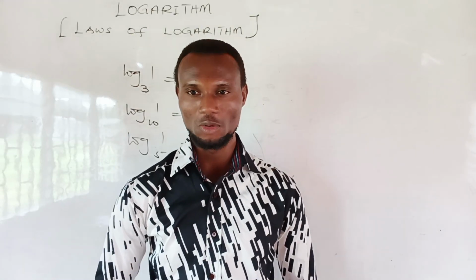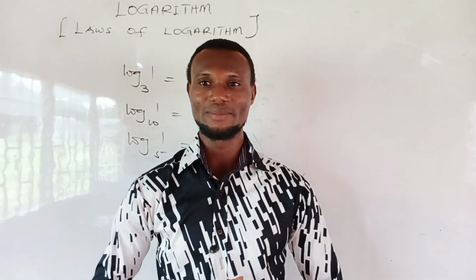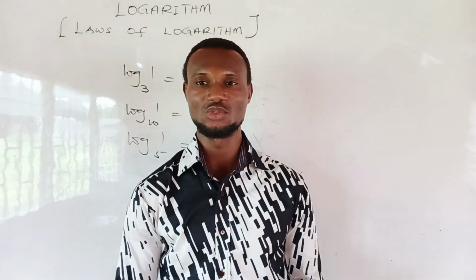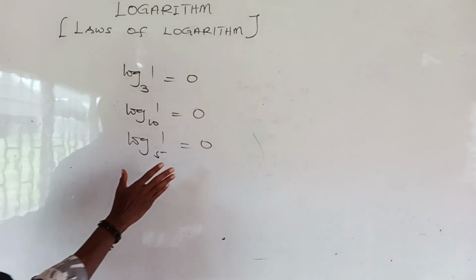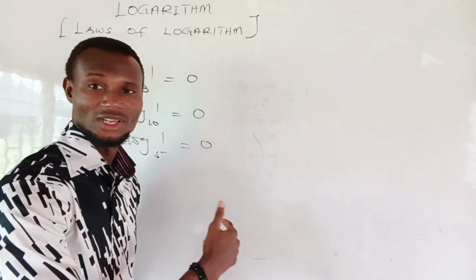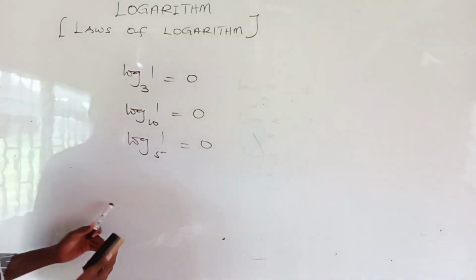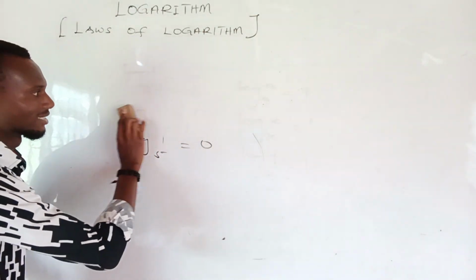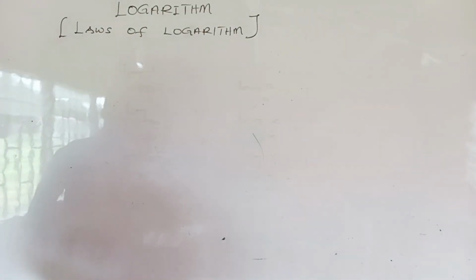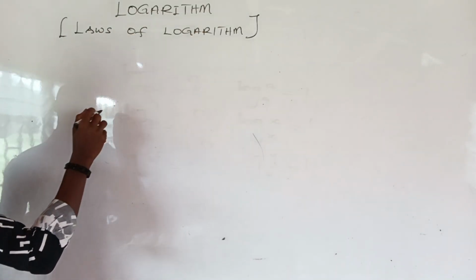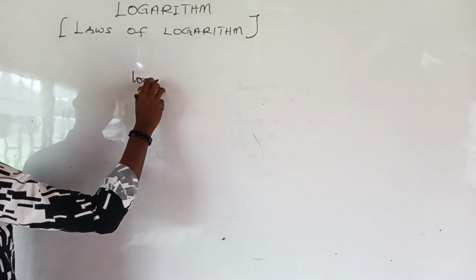But let me introduce one more property which is very important because you are going to use it in establishing the laws of logarithm. Let me clean this from here. I hope you understand this. Please keep it in mind because we are going to use it to establish the laws of logarithm. Now the next property says that if I have the log of, let's say,